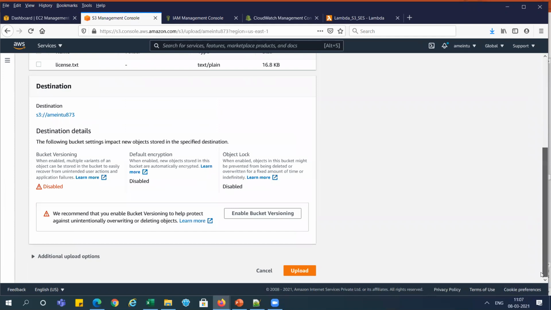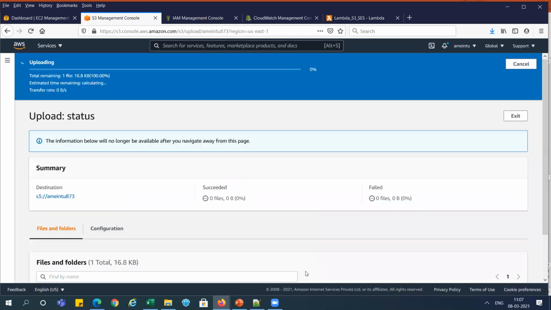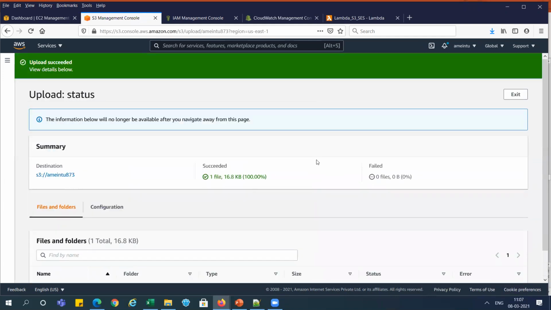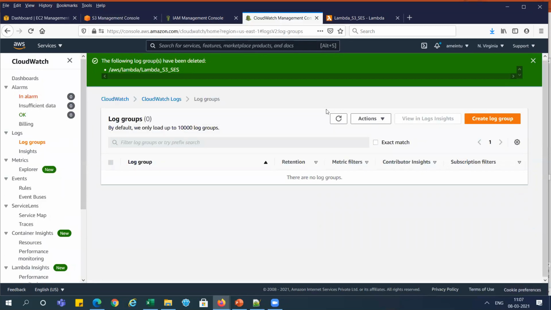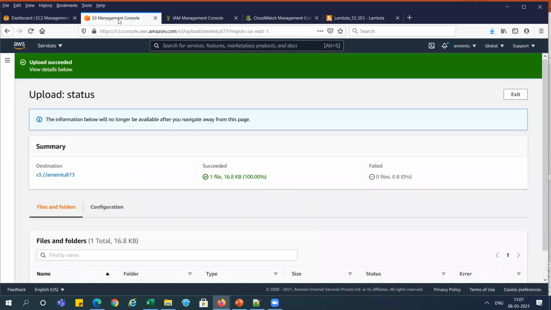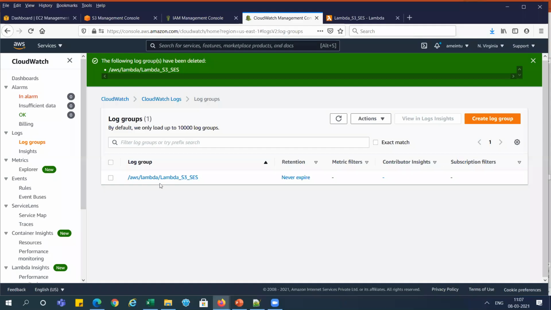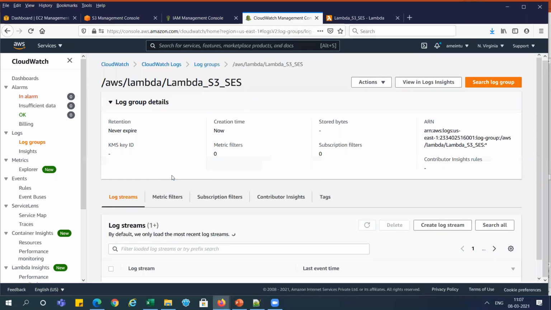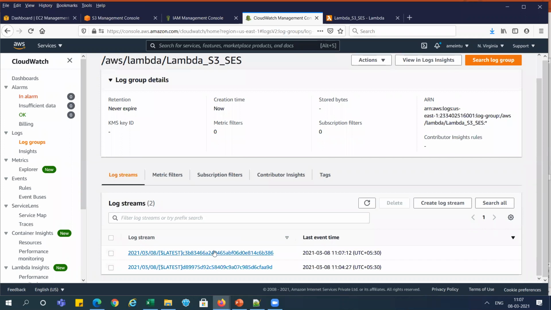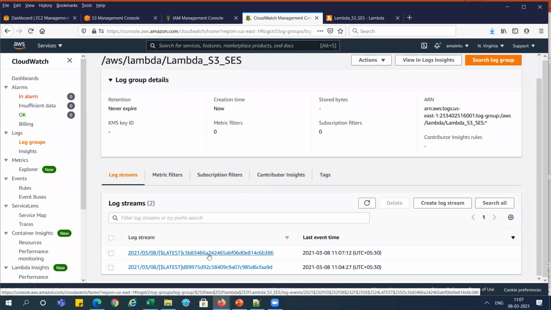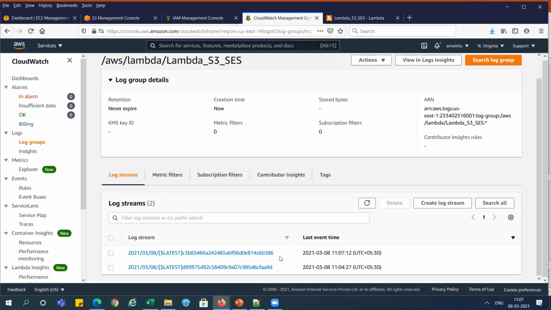Any file you can take. It is uploaded, right? So let's go and check the log file again. You can see it created one more log file. Let me open it. You can see it is showing two files, and the latest one is 712.